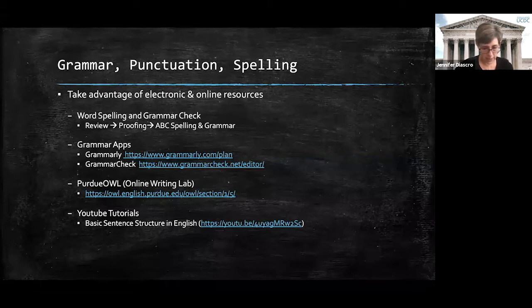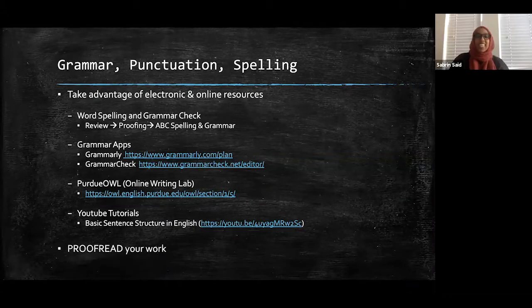Grammar is not an easy thing, and you should not at all be concerned with using some of these helpful tools. Can I ask a question? Yes, please, Sabrine. Okay, so I appreciate this conversation. As someone who has read a lot of papers over the years, what are the top 3 grammar mistakes that you see students making or just not incorporating into their writing that you wish they took advantage of or considered more?